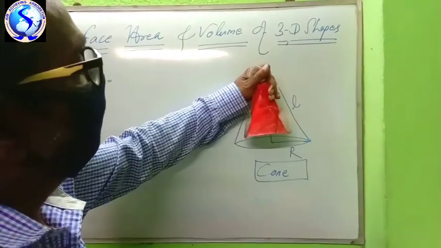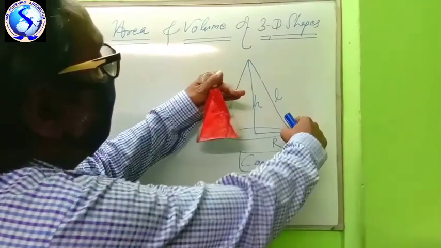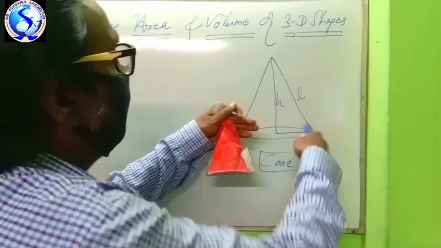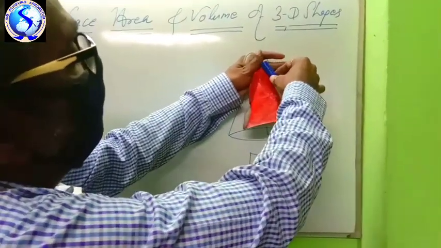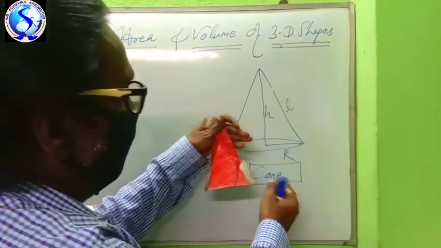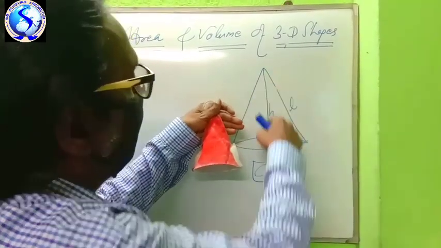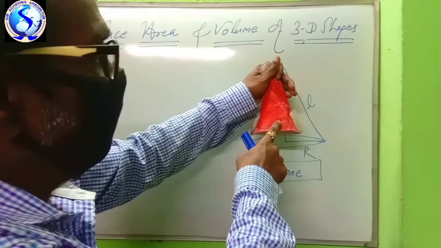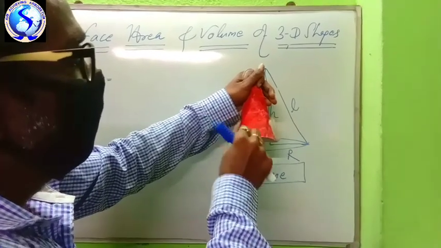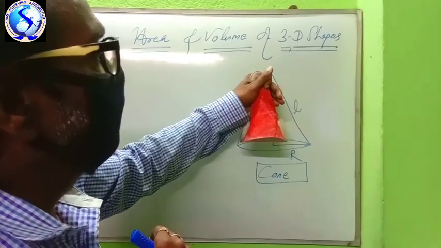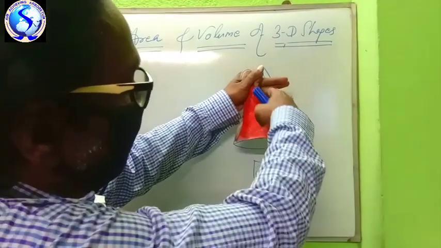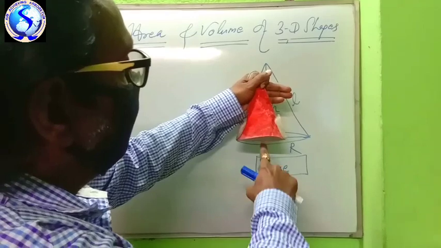This is a shape. This one is the slant height. The middle one is the height, this is the height and this is the slant height. You see, this is called the slant height. And this is the base radius. And this is the height. Okay. This looks like a cone. This is a 3D shape because it is occupying some space, means occupying volume. Okay. Slant height and base radius.